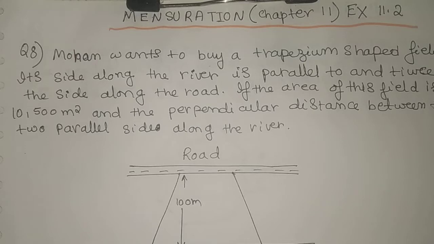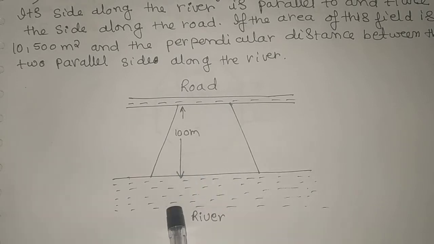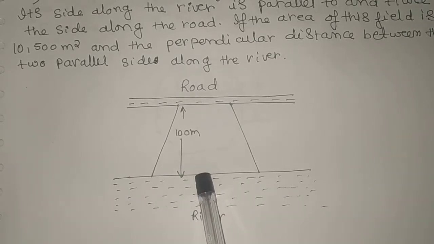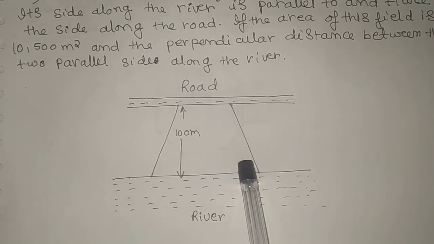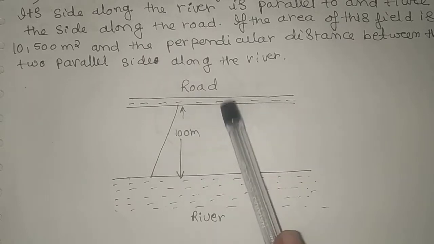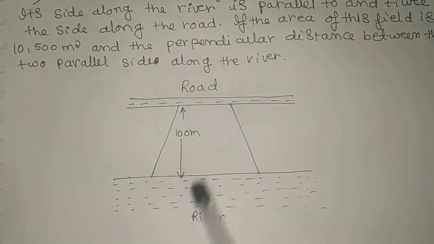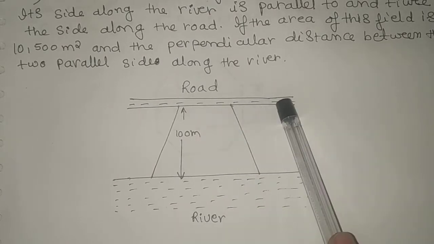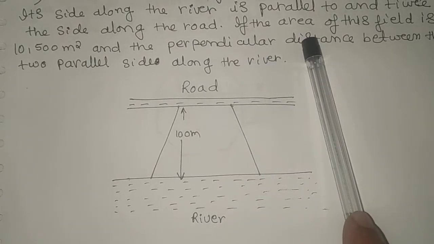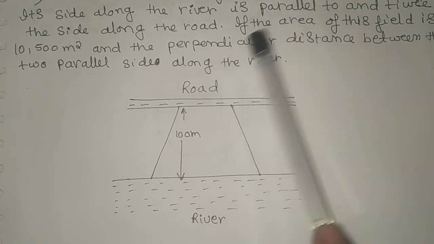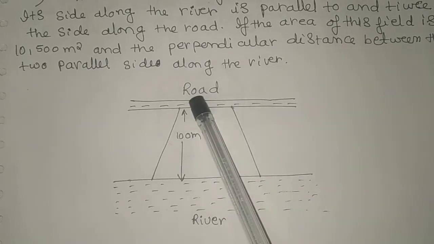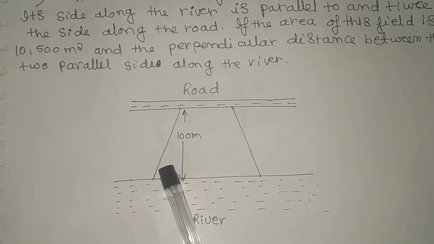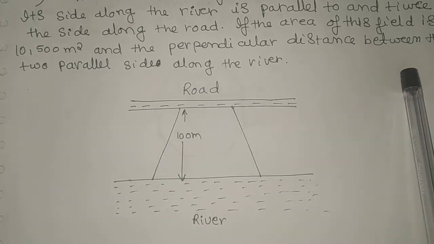Its side along the river. So this is a trapezium field. So its side along the river comes next to the river. The side along the river is parallel to and twice the side along the road. One side of the field is having a river and another side of the field is having a road. The parallel side is twice along the road, so this side is twice this side. If the area of the field is given as 10,500 m square and the perpendicular distance between the two